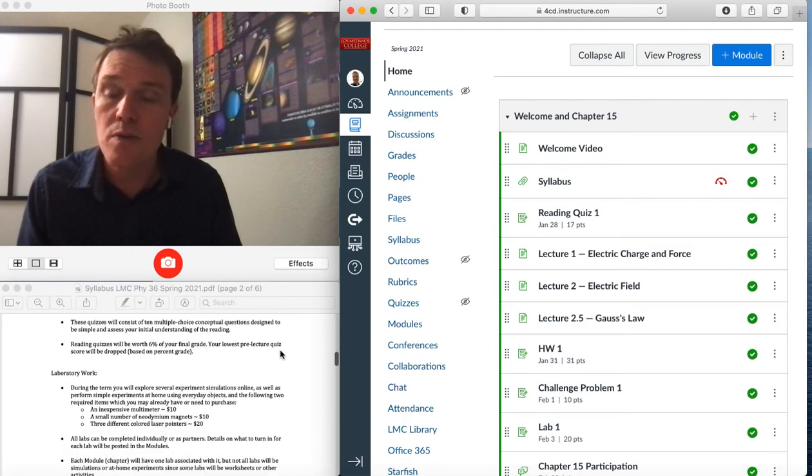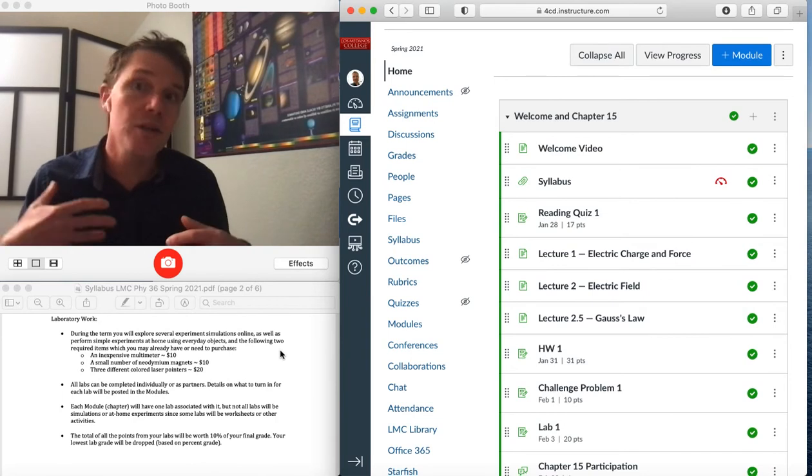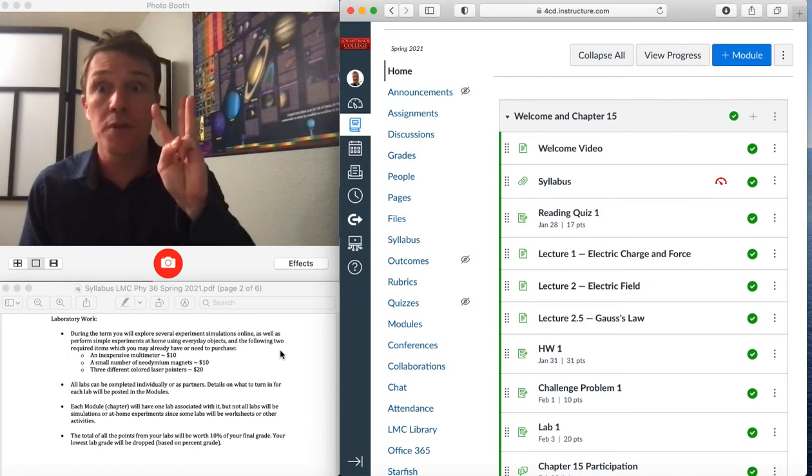All right, so moving right on, we have labs. There are labs every week. Most of them are simulations, especially because we're getting into more modern physics. Some of them, however, can use fairly everyday objects. So I have a list of inexpensive objects that are going to satisfy 3, potentially 4 labs. Now that said, it is a total of a $40 investment. So if you want to split it up among other people in the class, for the at-home labs, you can work in groups of 3.